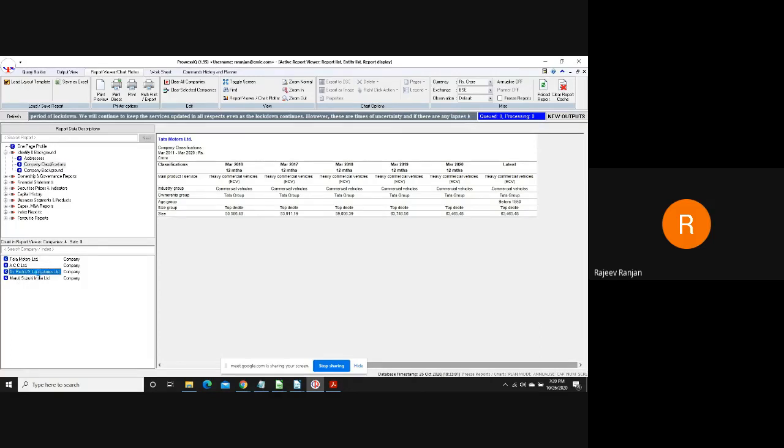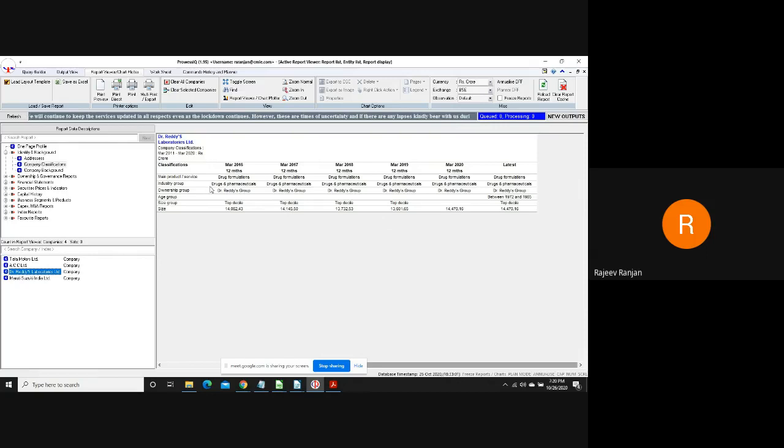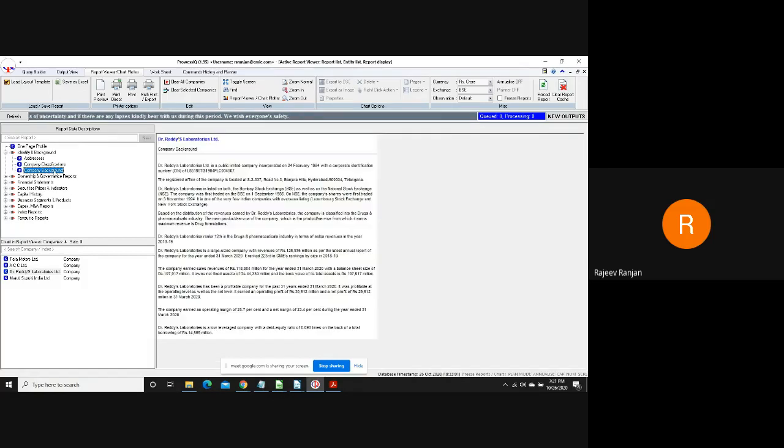Similarly, if we look at Dr. Reddy's Lab, we can see that it belongs to the industry group drugs and pharmaceuticals, but they are into drug formulation, and they have been consistently into drug formulation. This is done every year after the release of the annual report. The Provis team looks at the information disclosure and then does a remapping if required. This mapping is very important for research work, because when you are building a list of companies for your research for a particular industry, it should be mapped to the correct industry. Otherwise, your research would go haywire.